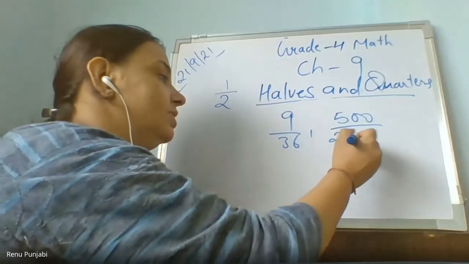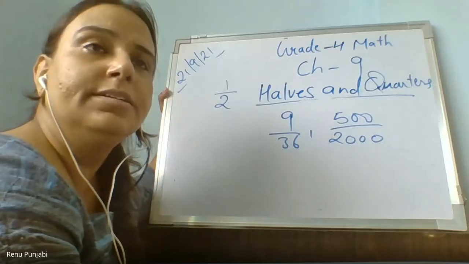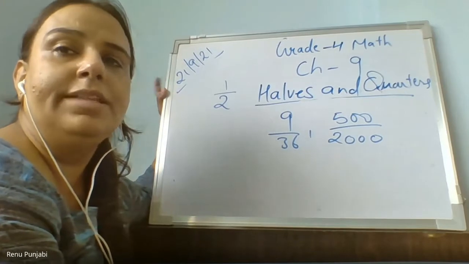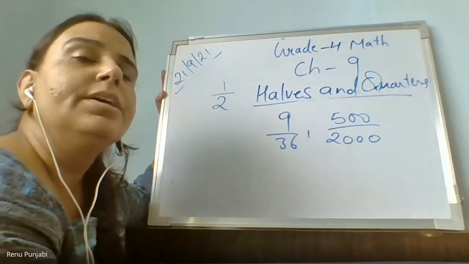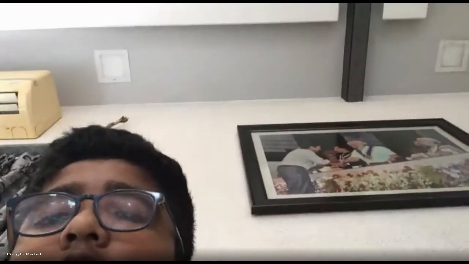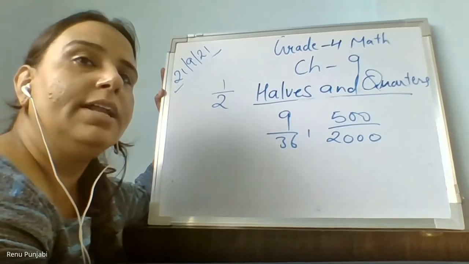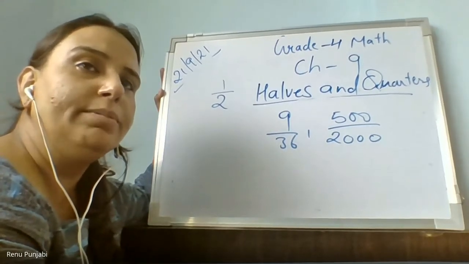Ma'am, 500 upon 2000. 500 is the quarter of 2000. Yes. Anyone else? Deer, then Ahana, then me. Then we end up and go to the next topic. Yes, Deer. Ma'am, 1,000 upon 4,000. Now lower down your hands. Ahana, yes. Ma'am, 5/20. Yes.